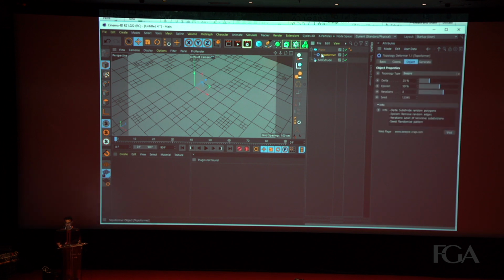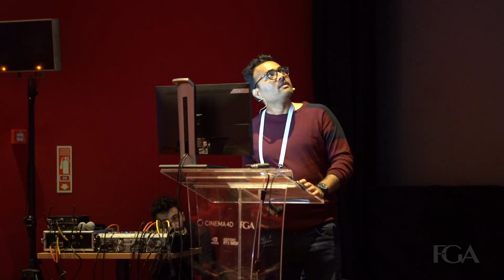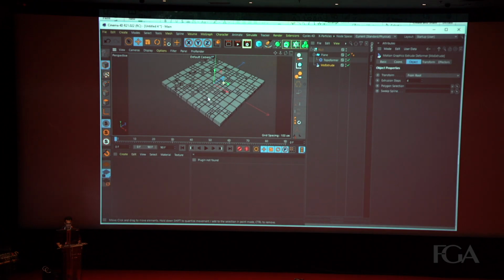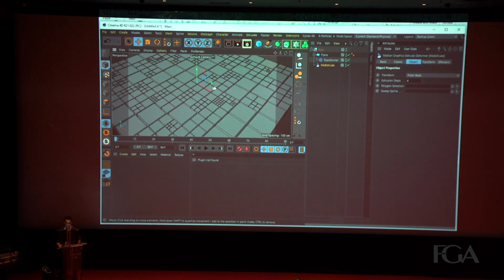So now we can put this whole thing inside the extrude. Now you can see the whole plane is extruded, and extrude gives you an effector tab. Now you can use all of the effectors inside the effector tab.